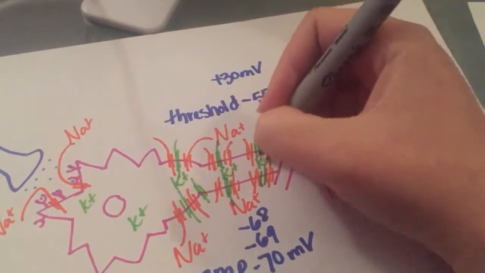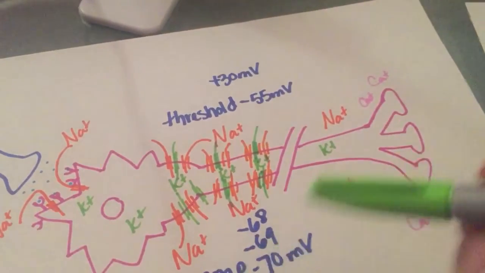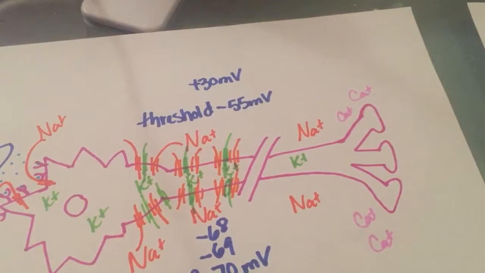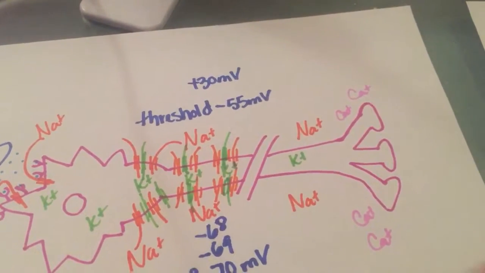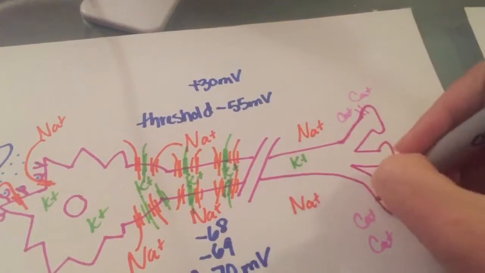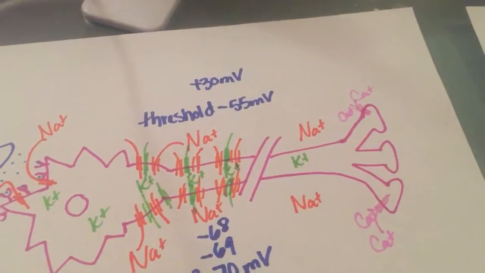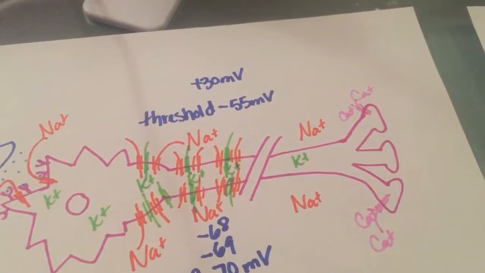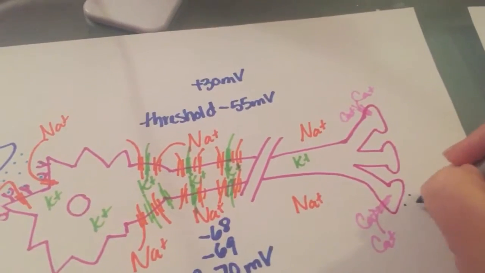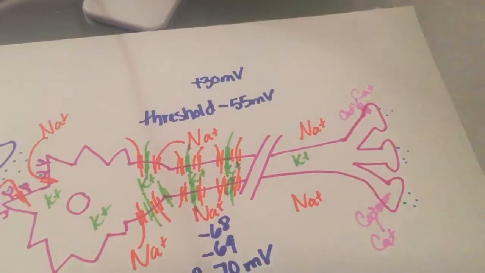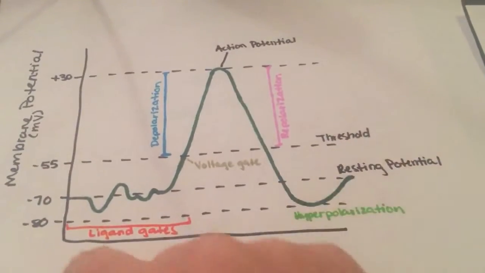The potassium opens up, goes out, and it keeps going and going until it reaches the end of the axon terminal end. The action potential then will trigger the opening of voltage-gated calcium channels. Calcium comes in, causes the vesicles inside the synaptic end bulbs to fuse with the plasma membrane and release neurotransmitters into the next synapse. Now to get a closer look at membrane potentials, this is where I was talking about